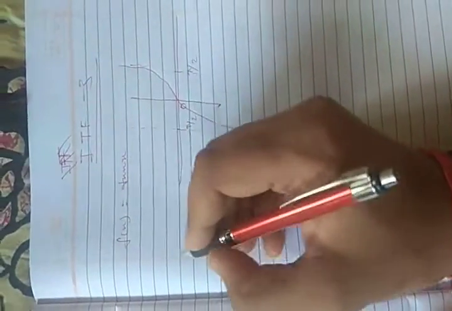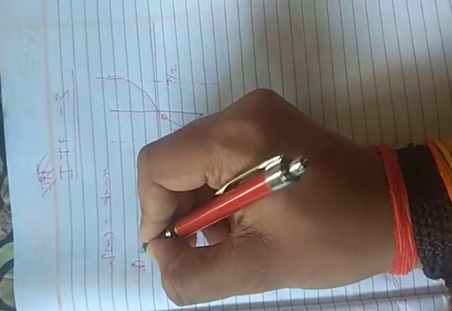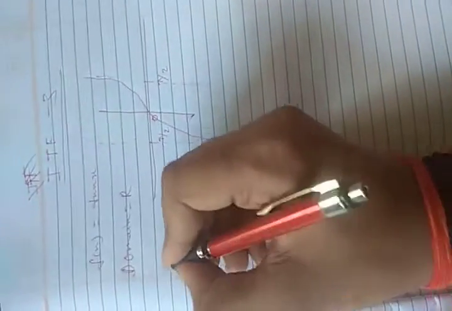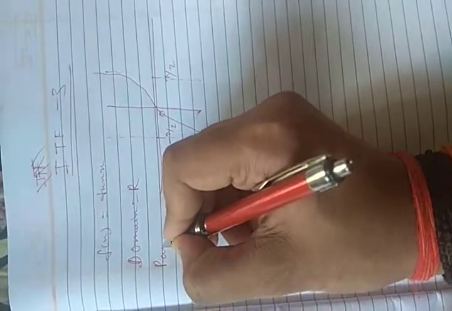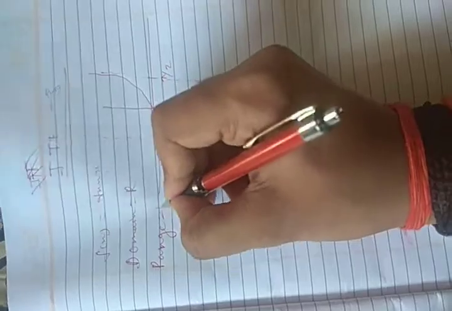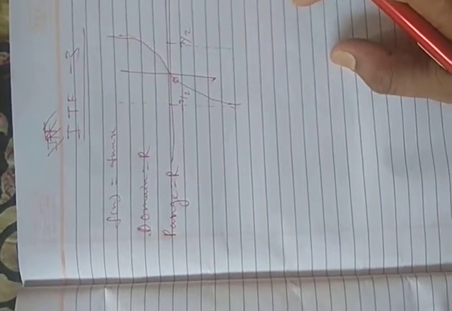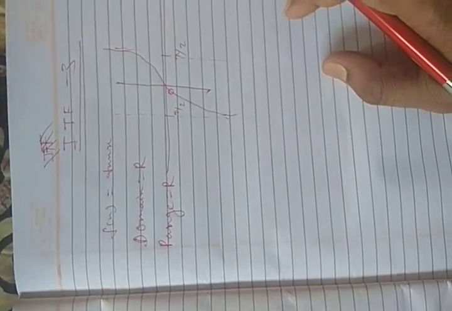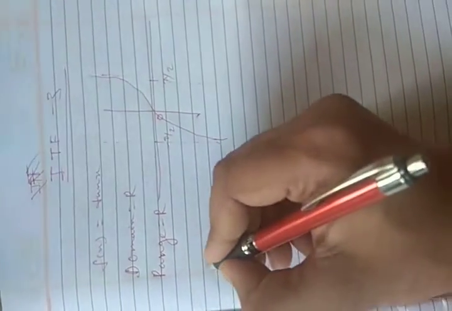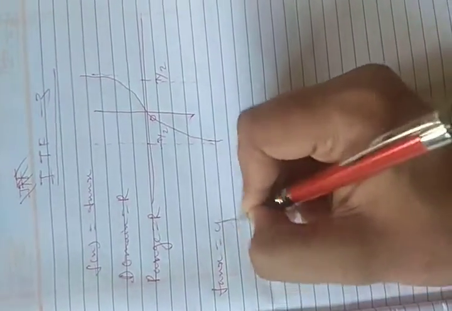Suppose f(x) equals tan x, then the domain of f(x) equals R, and the range of the function will also be R. Domain of the function equals R, and range of the function is also R. Now we have a function f(x) equal to tan x, which implies that tan x equals y,